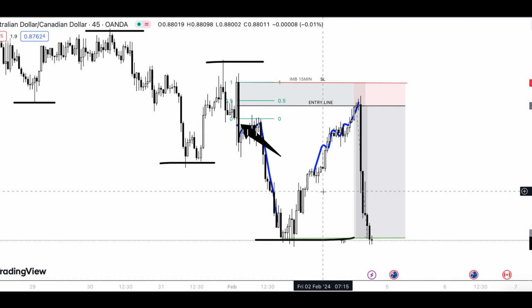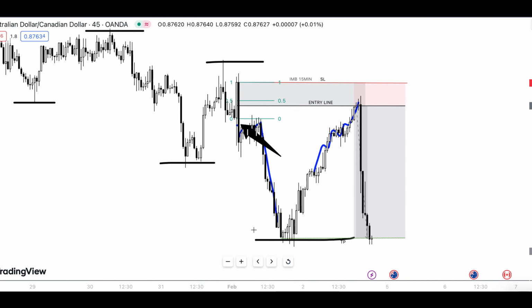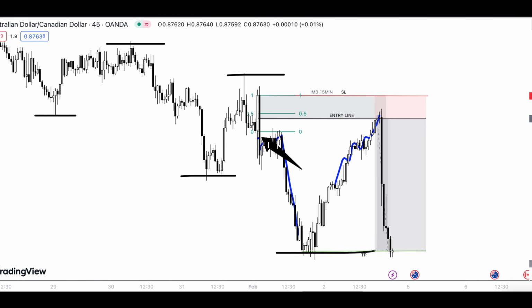Why? Because the top of the range is the premium part of the range. And the premium part of the range is where price tends to sell off and smart money tends to sell off. Because when you're trading, smart money, which is the banks and institutions, they buy at discount prices. They're not going to buy up here. They're going to buy down here. So if we're selling, we need to make sure we sell at high prices, which are called premium prices, and then buy at discount. Since we're selling, we sold at the top part of the range, which is the premium side, and we took profit